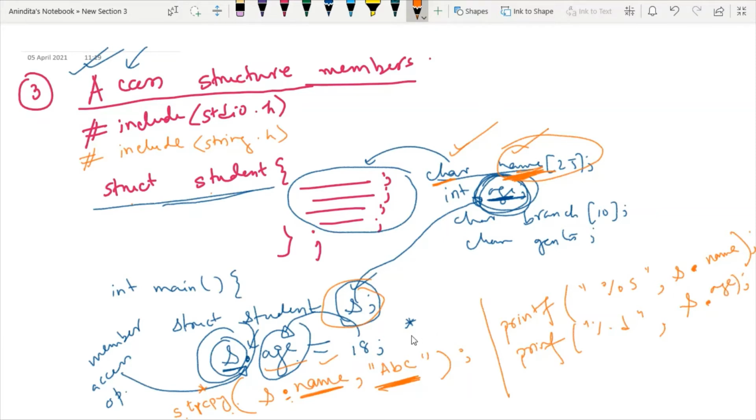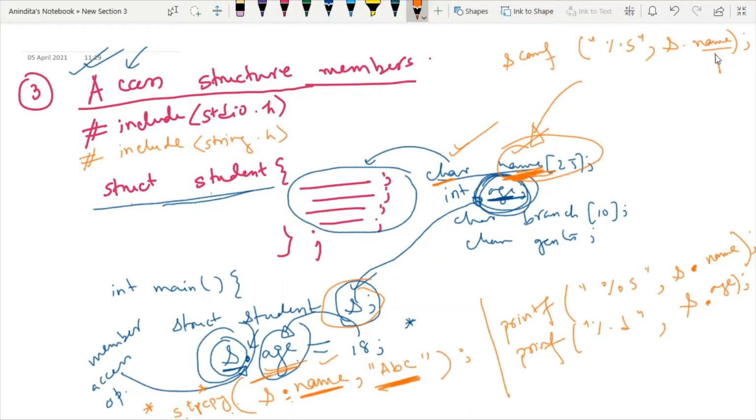However, if you want to avoid this strcpy and take the student name inside this name array using simple scanf, you can also do it. Instead of writing this strcpy line, you just write scanf, then %s, and then the structure variable name dot the name of the student.